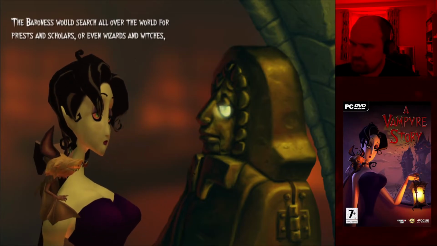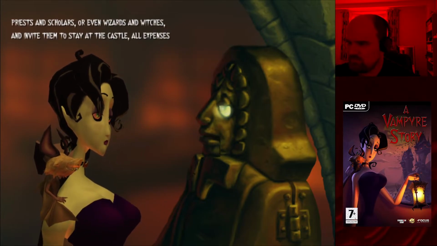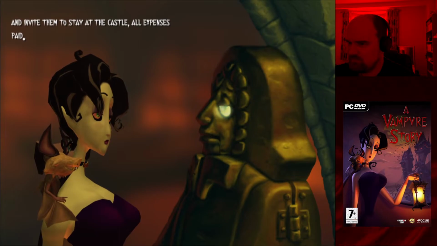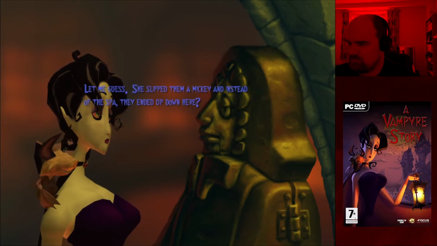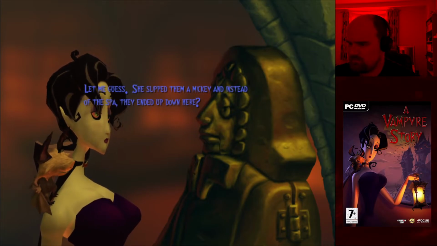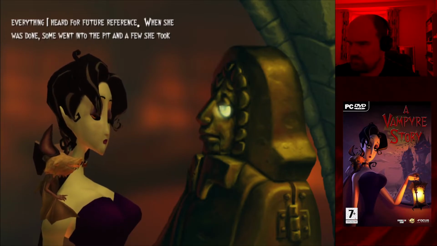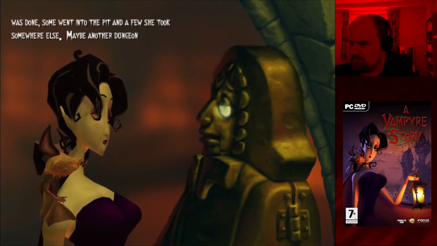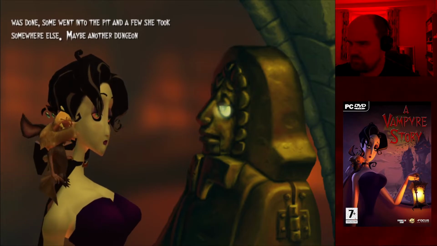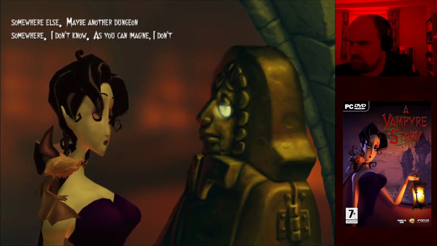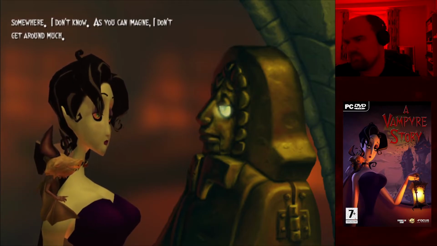The Baroness would search all over the world for priests and scholars, or even wizards and witches, and invite them to stay at the castle, all expenses paid. Let me guess. She slipped them a Mickey, and instead of the spa, they ended up down here. Right. Then she would ask me to take down everything I heard for future reference. When she was done, some went into the pit, and a few she took somewhere else. Maybe another dungeon somewhere. I don't know. As you can imagine, I don't get around much.